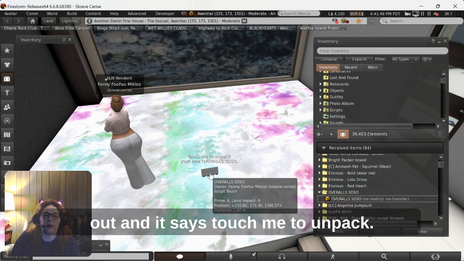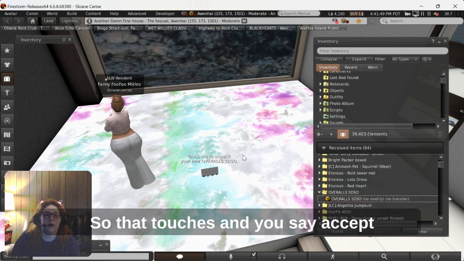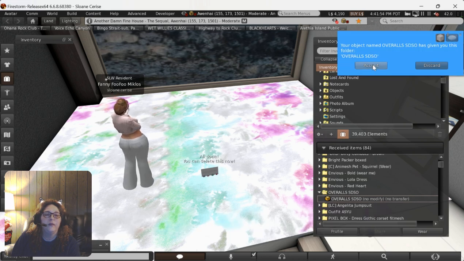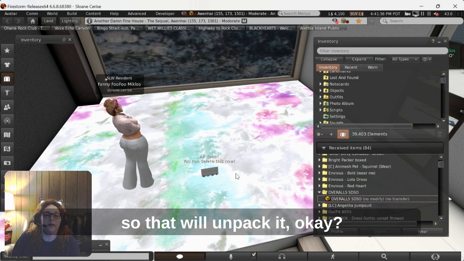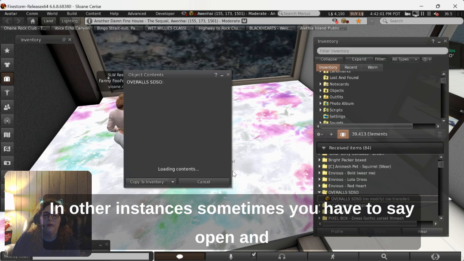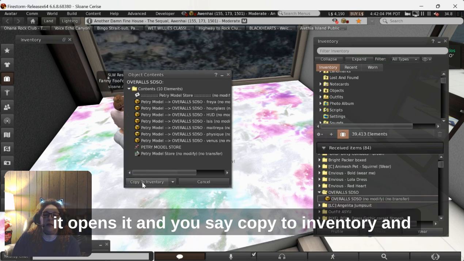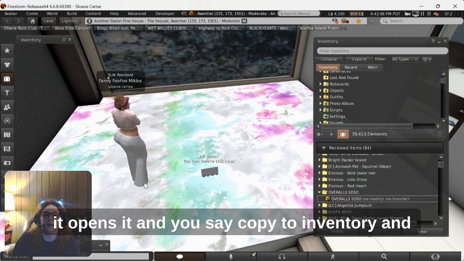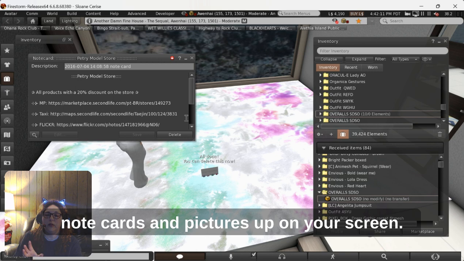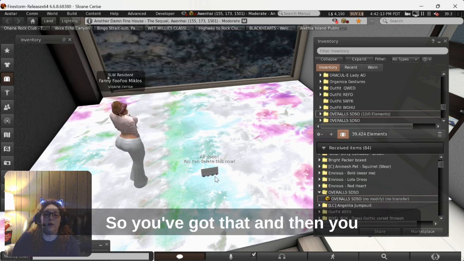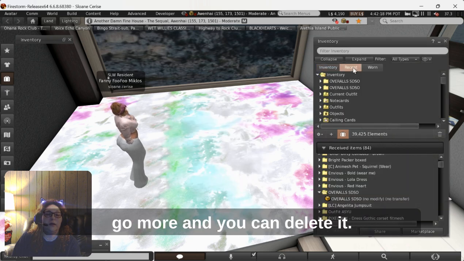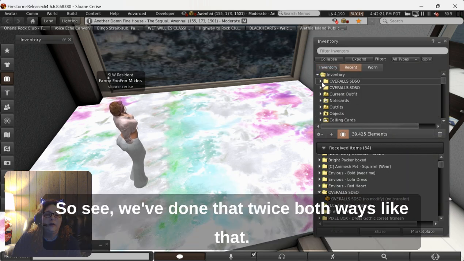And it says, touch me to unpack. So that touches, and you say accept. So that will unpack it. Okay, in other instances, sometimes you have to say open, and it opens it, and you say copy to inventory. And it copies it to your inventory and puts all the note cards and pictures up on your screen. So you've got that. And then you go more and you can delete it. So see, we've done that twice,